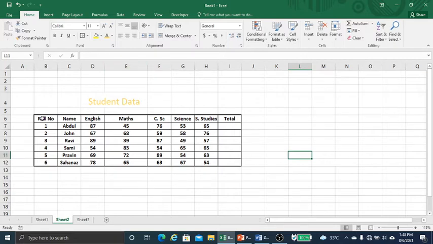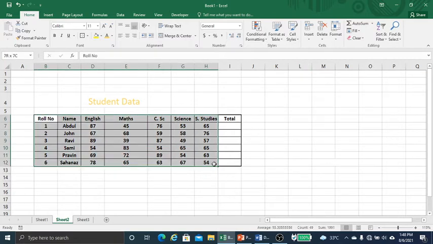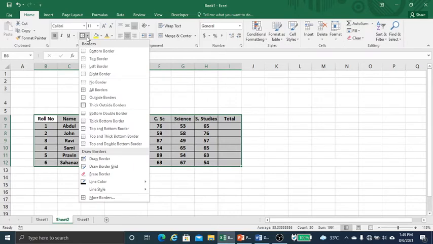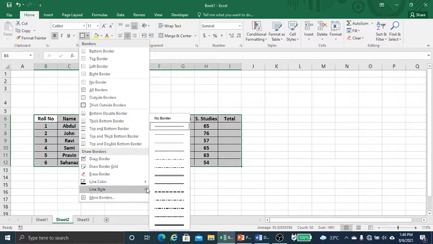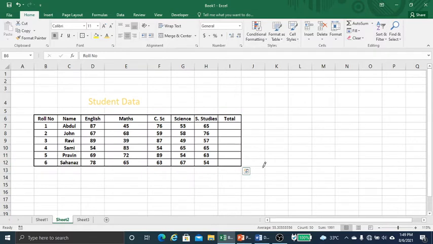Or else you can click on this one, in the thick outside. You can click here, and you can go for line color and line style also. Suppose I want it like this, so it will come like this.